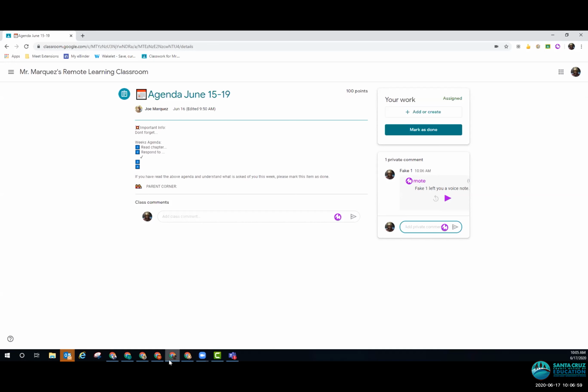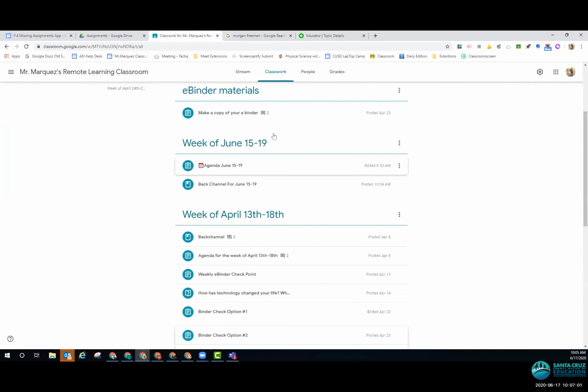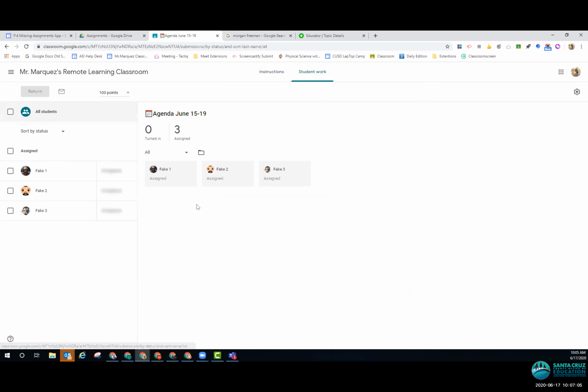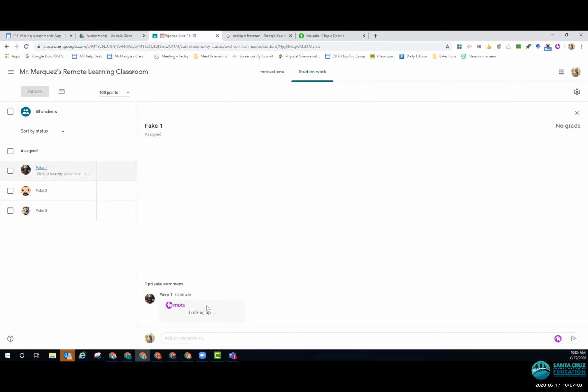So if I, the teacher, came in here and I saw that a student left me a private comment, I hit play, and it will tell me. So it'll be a voice note right there. So it's really great for students. Now, if the student doesn't have the Moat extension, it'll just give them a link to the Moat page where they can hit play.